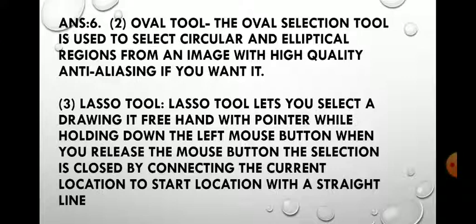Then third is lasso tool. Lasso tool lets you select by drawing freehand with the pointer while holding down the left mouse button. When you release the mouse button, the selection is closed by connecting the current location to the start location with a straight line.